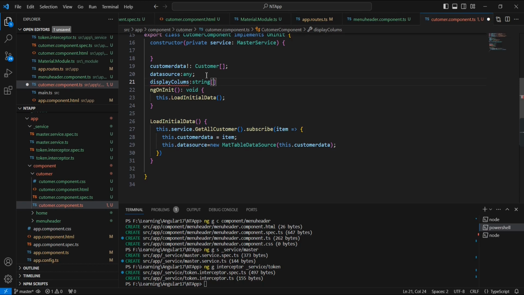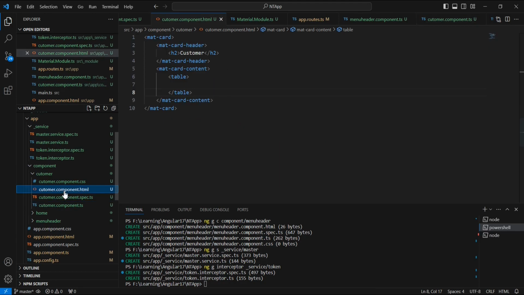So the data type is string array. We can provide some hardcoded values, so we can use this code: name, email and phone number. Okay. Next in this HTML side,